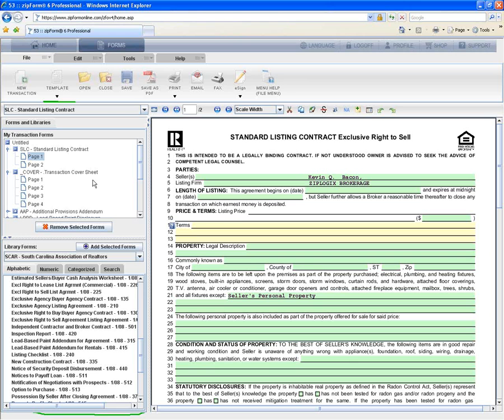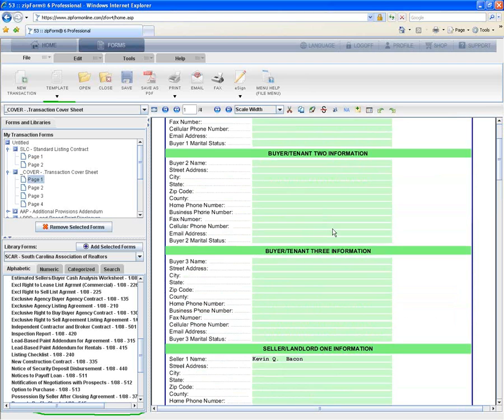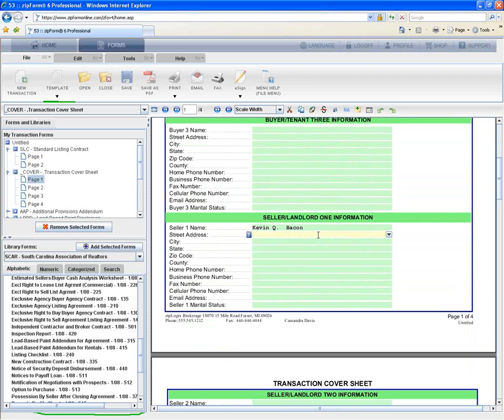So let's just take a quick look at filling out these forms a little bit further. I'm going to show you a few more shortcuts, and then we're going to talk about something very important, how to change your company information, and we'll open this up for questions. So I'm going to fill out Kevin's